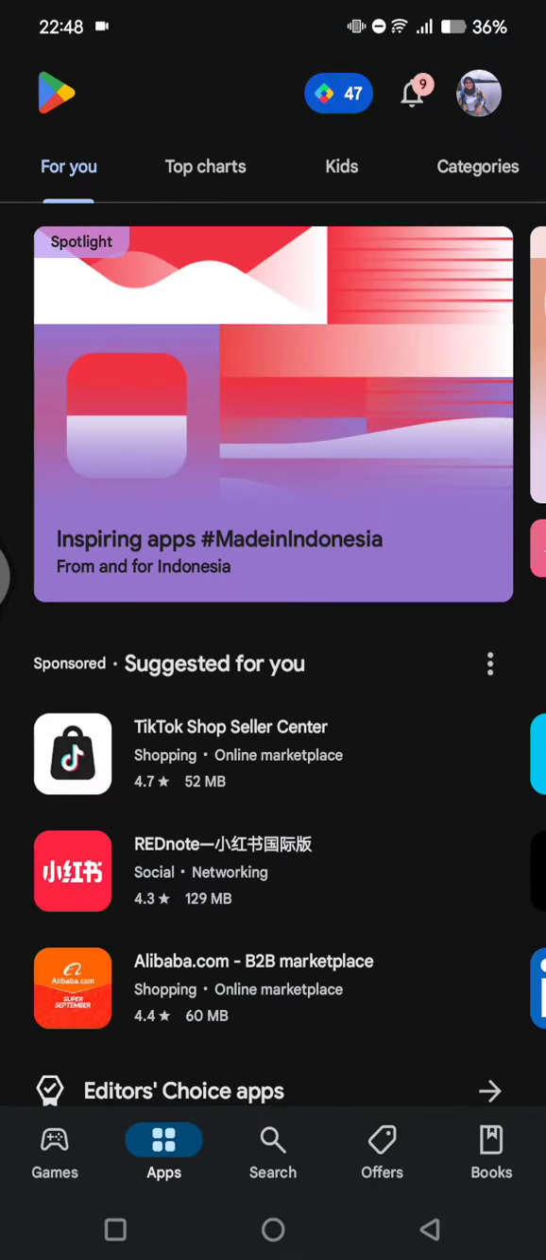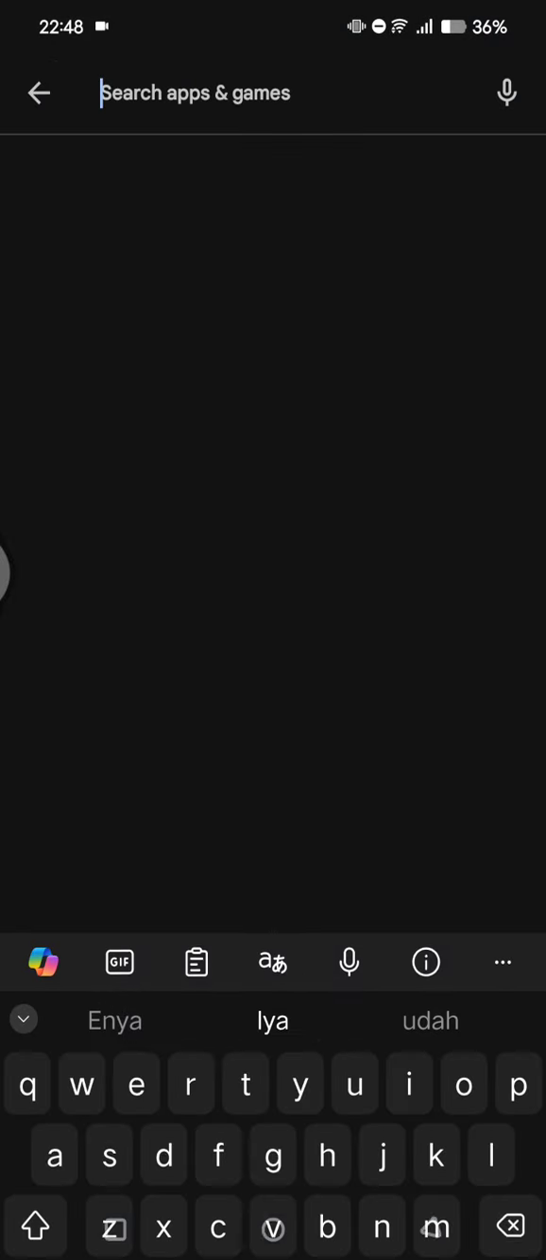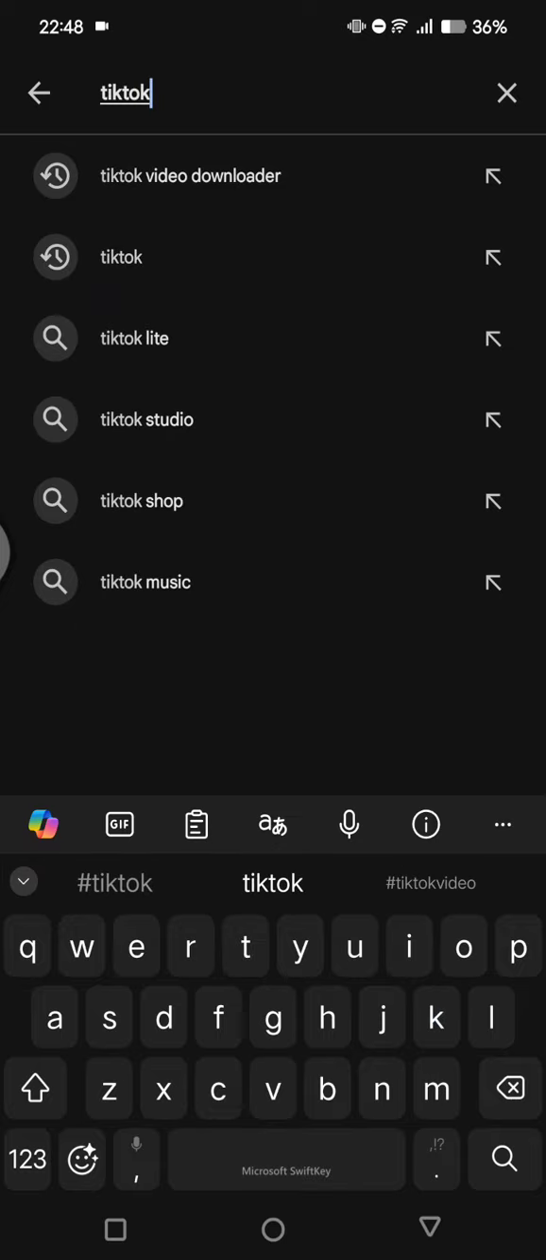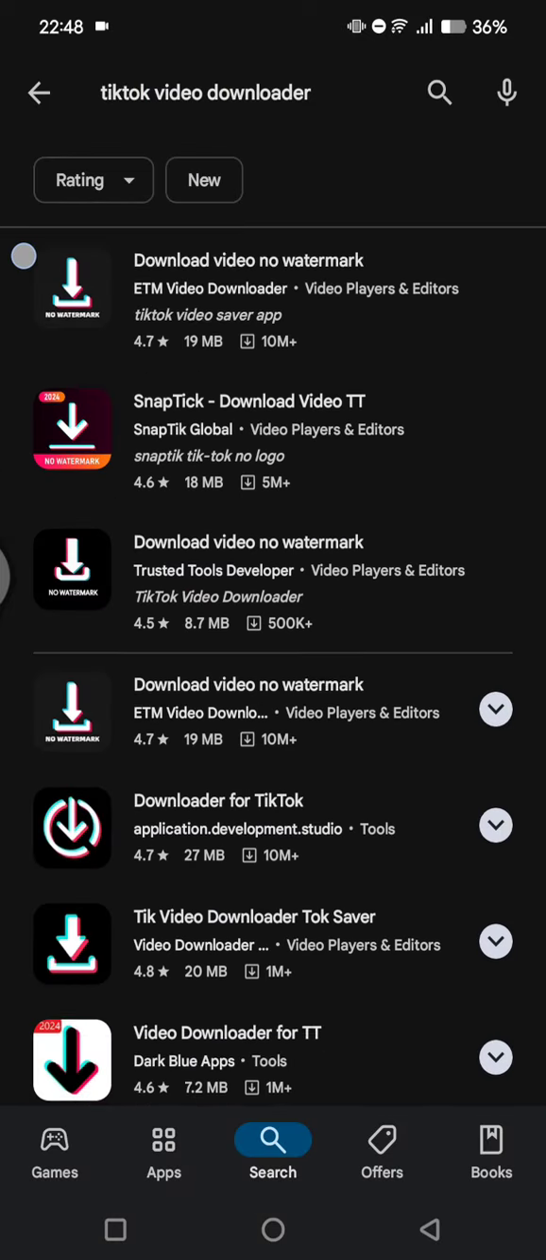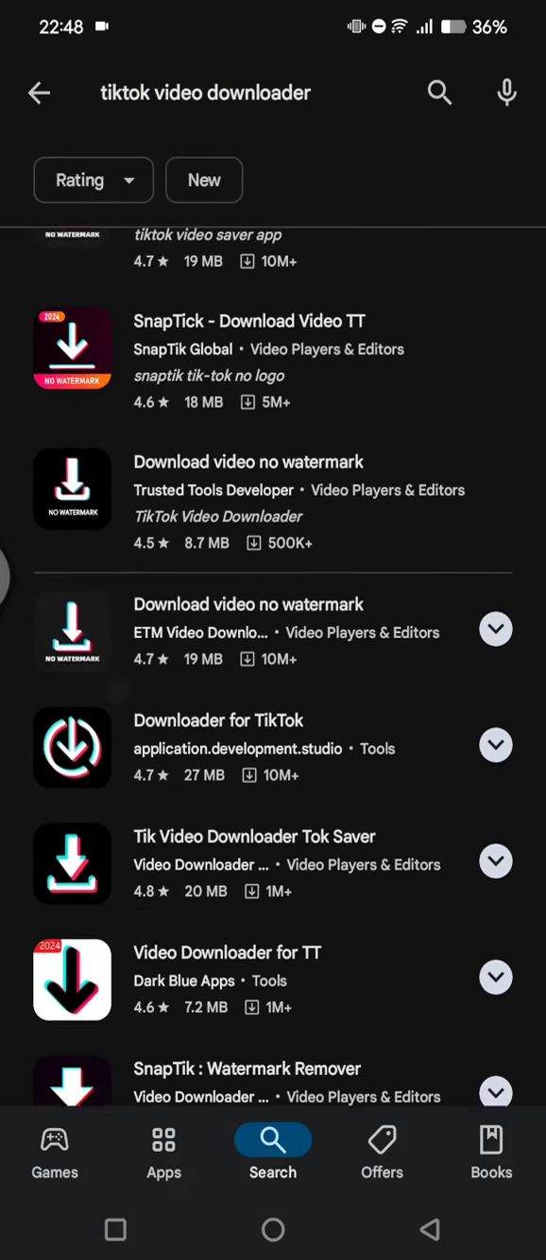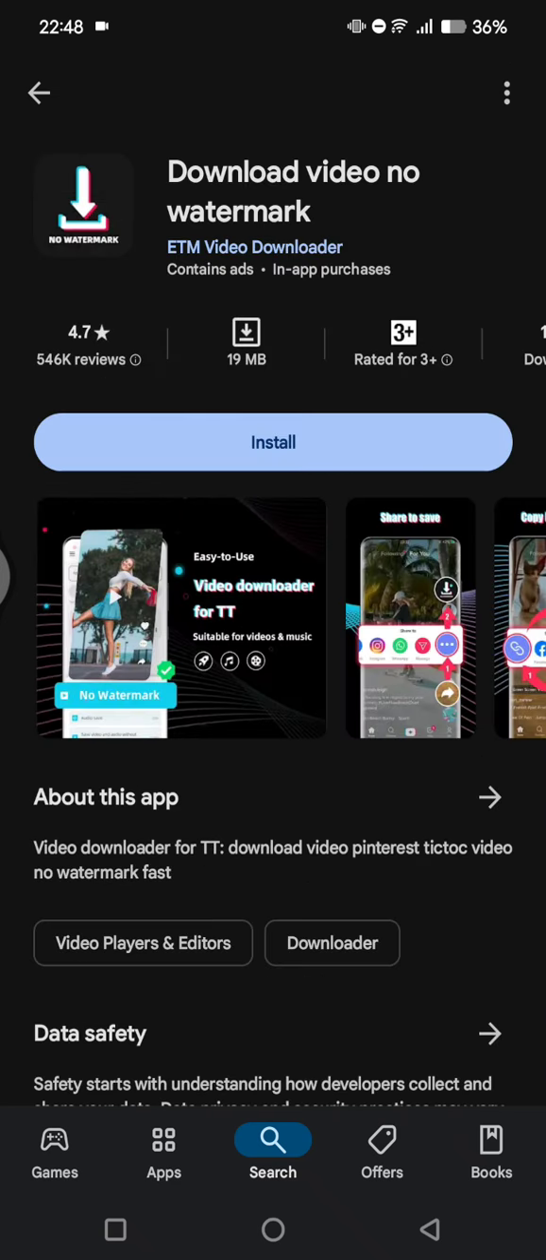You can just click on the Play Store and search for the app TikTok video downloader. Here there are lots of options that you can choose, and usually the steps are the same. You can just click on install. After it has been installed, you need to log in, or maybe just create an account, and after that